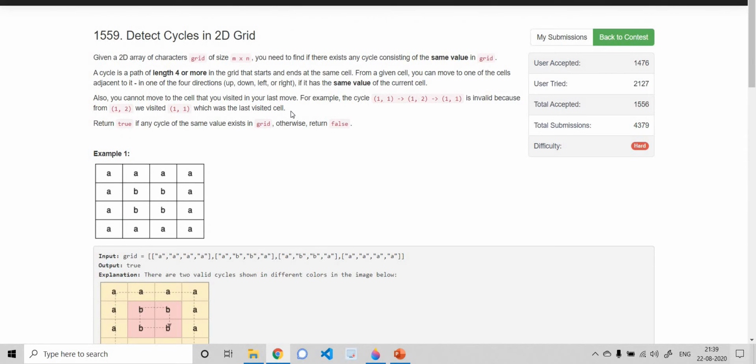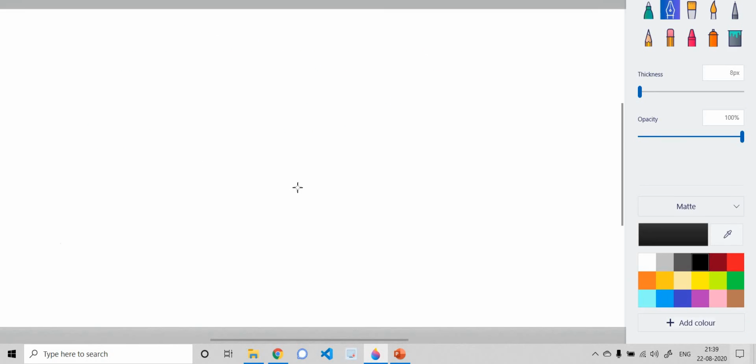It is not exactly, but it is way too similar to the problem where we need to find out whether there is any cycle present in the graph or not. Here there is just one small condition, that the cycle can only be formed using the same characters. Let's see how it can be solved, or how we solved it.